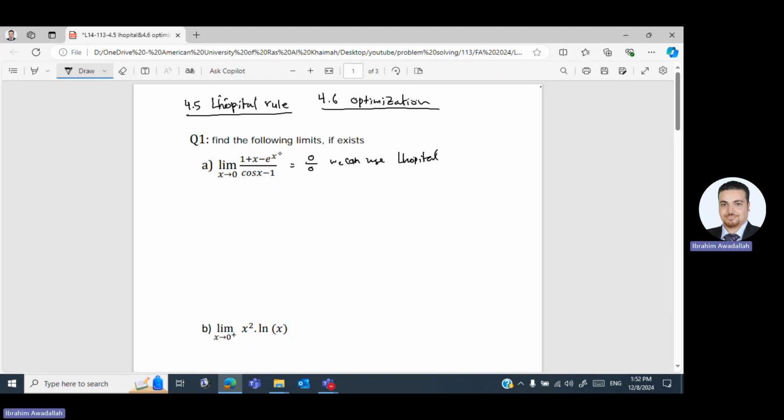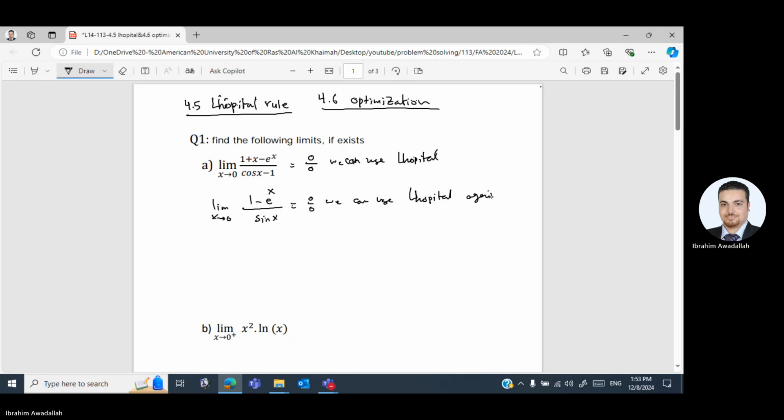L'Hopital rule, we find the derivative of the top, derivative of the bottom, then we substitute. So we'll find the derivative of 1, 0, derivative of x, 1 minus e to the power x divided by the derivative of cosine, it's a sine x, limit x goes to 0. Substitute 0 here will be 1 minus 1 and sine 0, 0. So 0 over 0, we can use L'Hopital